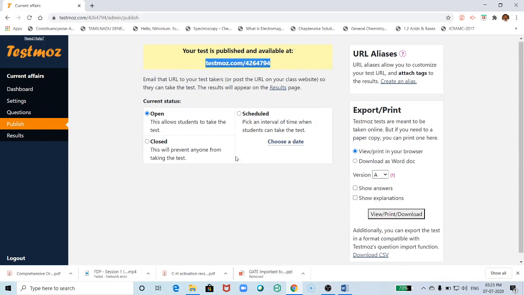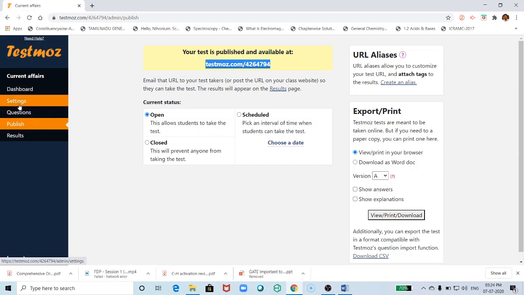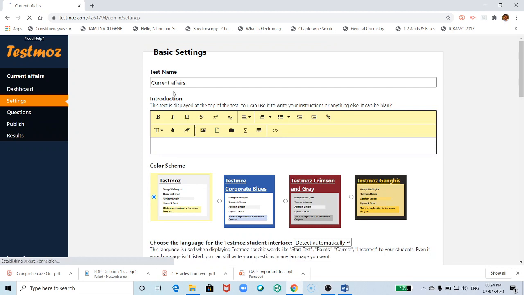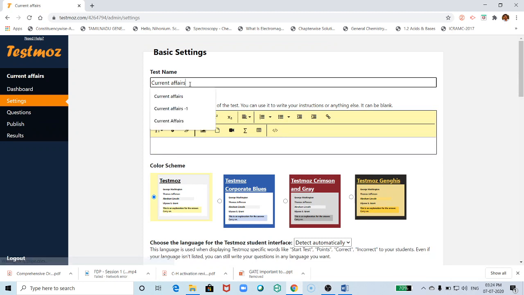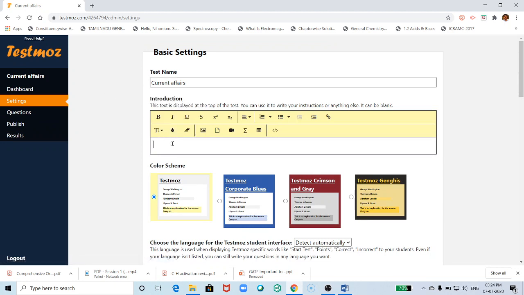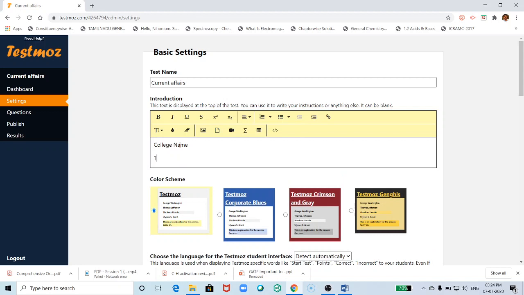After that, go to settings. Here you can see settings. Here you can edit the test name, and in the introduction you can give your college name and test number 1.